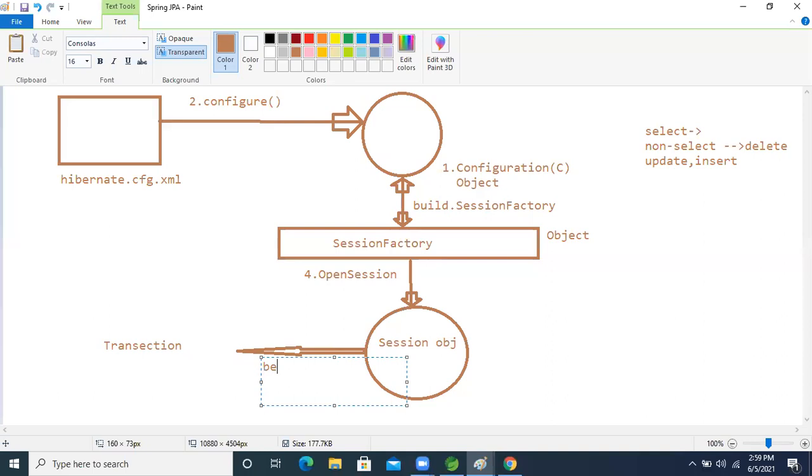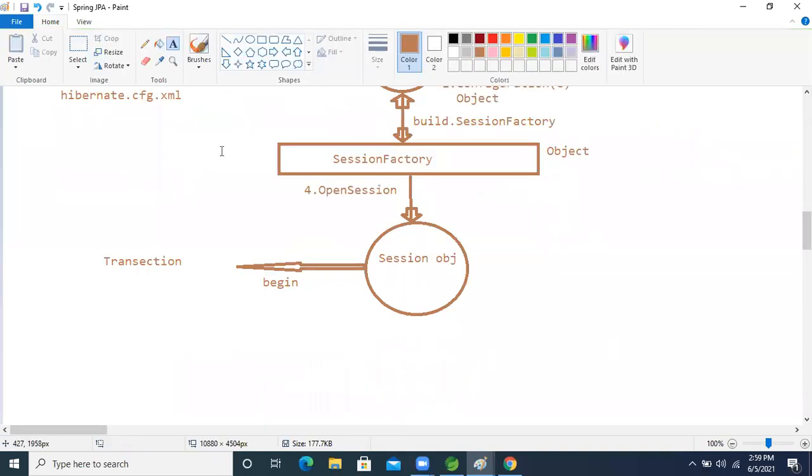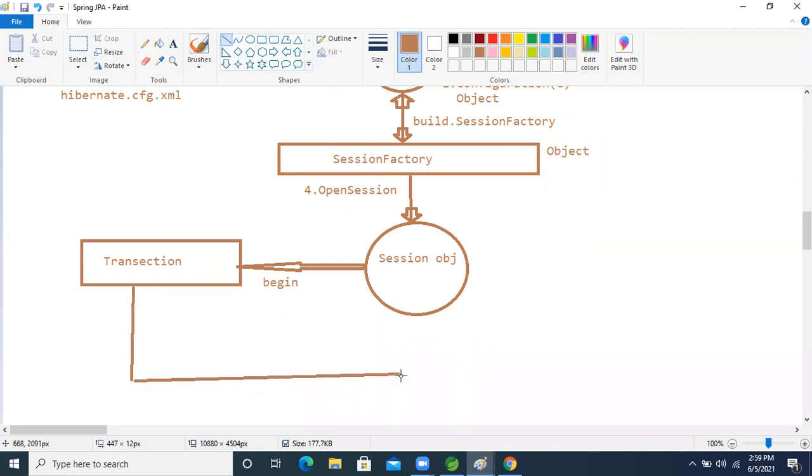After that, after calling this transaction object, you have to perform the operation.